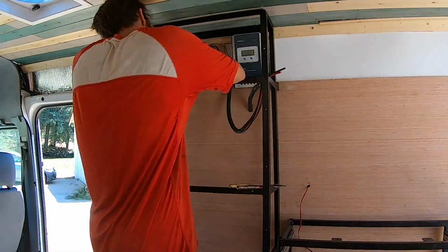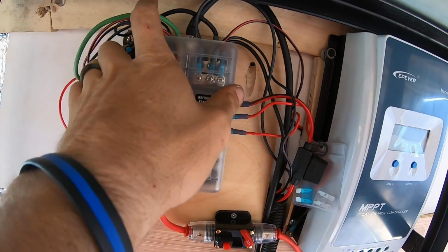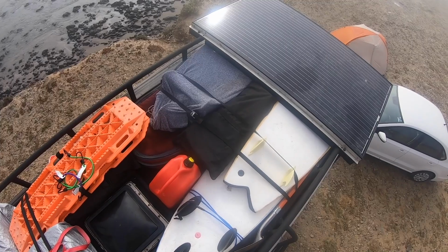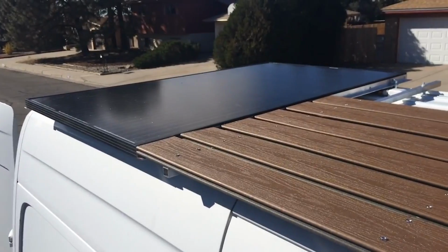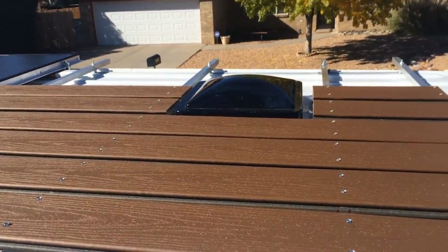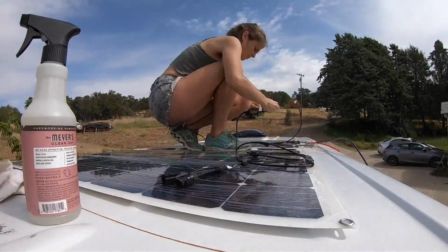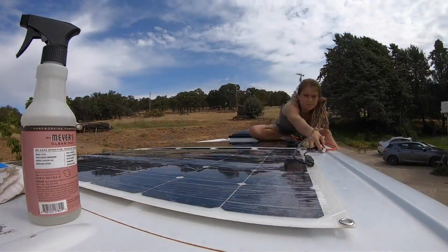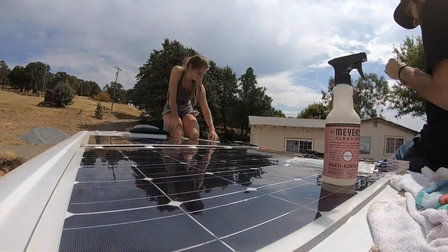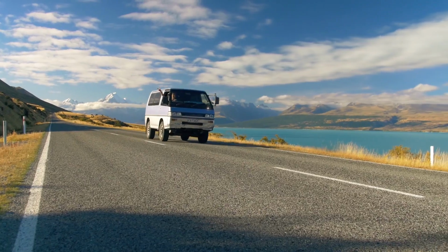your charge controller. So while we're here on this subject, it also is nice now to get your solar panels up on the roof. There's tons of ways to do this. We have a really good video for an under $200 solar panel rack for your van roof. What we did on this van is, since we don't have roof rails or any of that, we just used the very strong VHB 3M tape and stuck them down, and we've gone fast in this van, and it hasn't